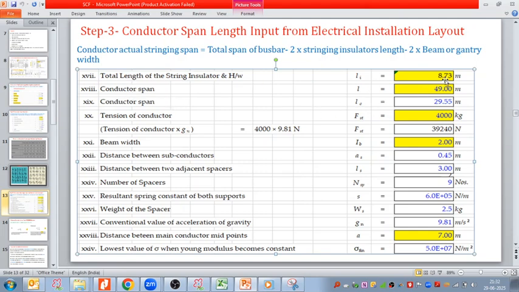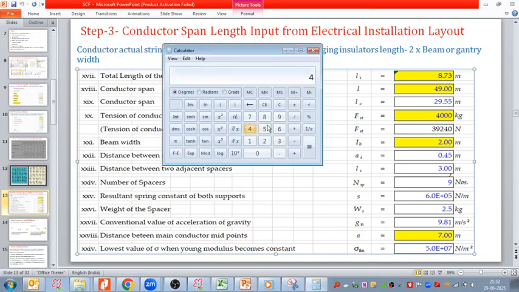So the total span is 49 meter. LC, where C stands for the chord, means the actual. So the total actual length would be, on the calculator, 49 minus 8.73, minus again 8.73, right, minus